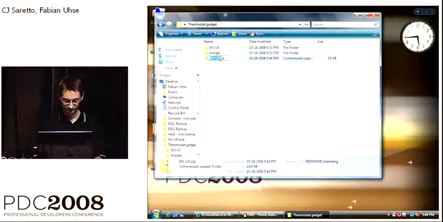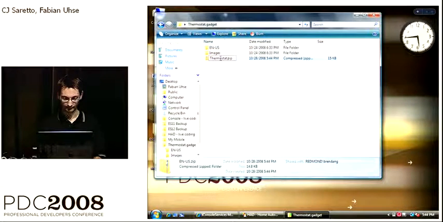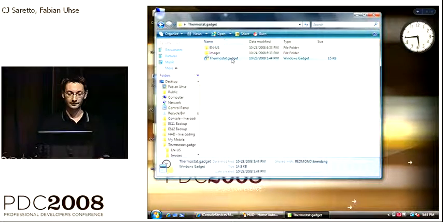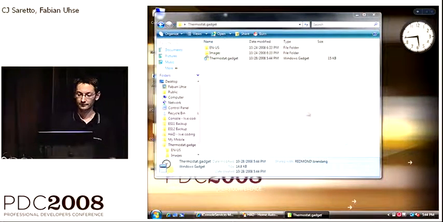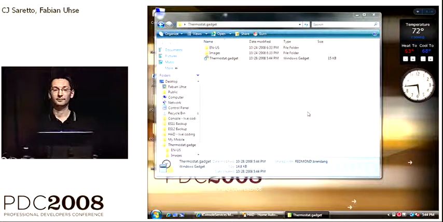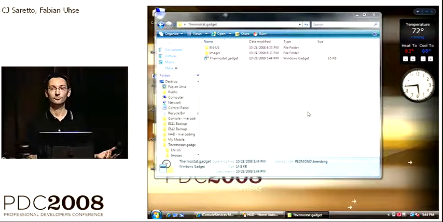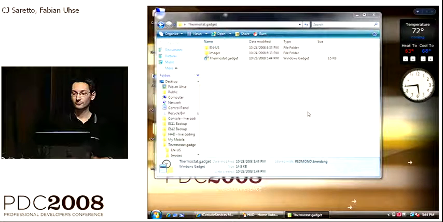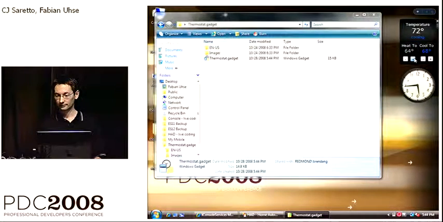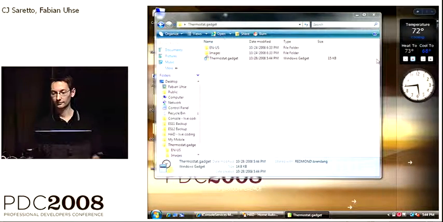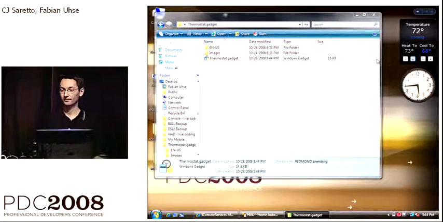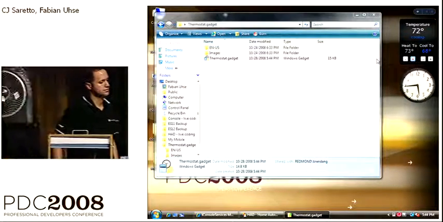And I need to rename it like thermostat, and it is a gadget. All right. When I click on it, I can install this gadget on my client machine, and what I get is basically an Ajax implementation of connecting to my web service, getting my current temperature, and maybe change the set point to a higher temperature. And we should see that the fan stops and the fireplace starts working right now.